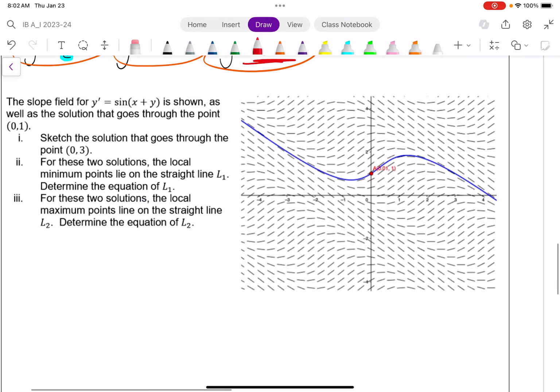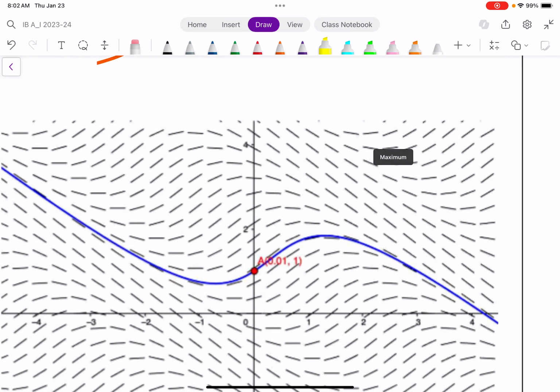All right, last question. Probably the trickiest question, but actually will involve the least amount of work. What I see here is a slope field for this equation here, y prime equals sine of x plus y, as well as the particular solution that goes through 0, 1. Okay, so that's shown. So first, let's sketch the particular solution that goes through 0, 3. So that's kind of similar to before. So 0, 3